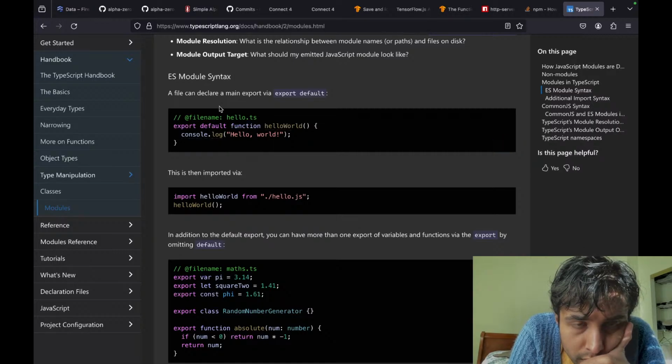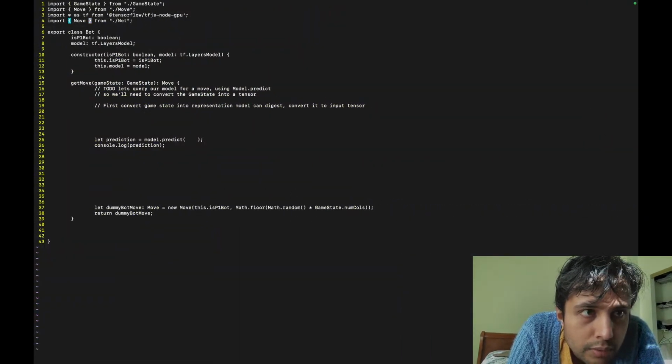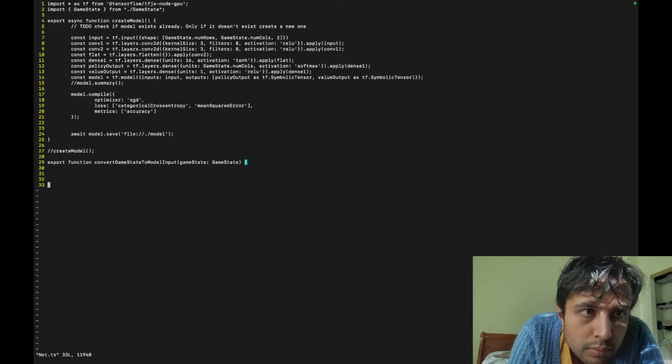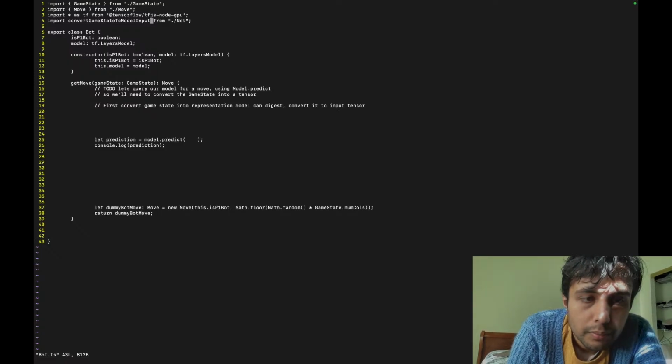What's default? A main export. No, but there's going to be multiple exports, not a main one. Import function name from the... Okay, perfect. So import. Yeah, that's what I was about to do, to be honest. So let's copy this function name. Right, okay.